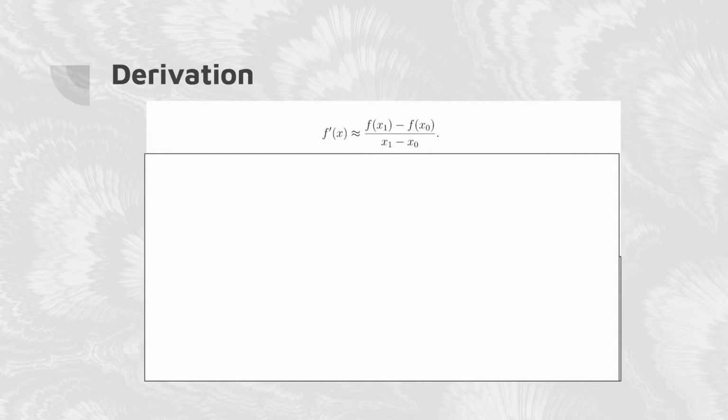It's a pretty simple derivation. So we start with what will be probably familiar to you as the definition of local linearity. So we have f prime, the tangent line, is for short distances the same as f of x sub 1 minus f of x sub naught over x sub 1 minus x sub naught. Now,